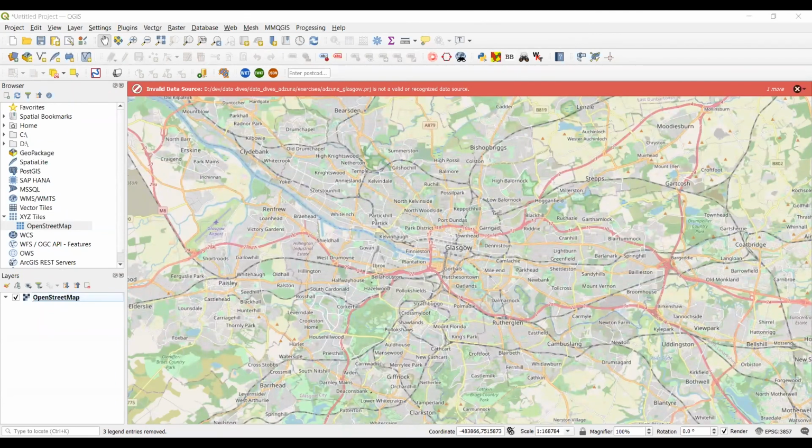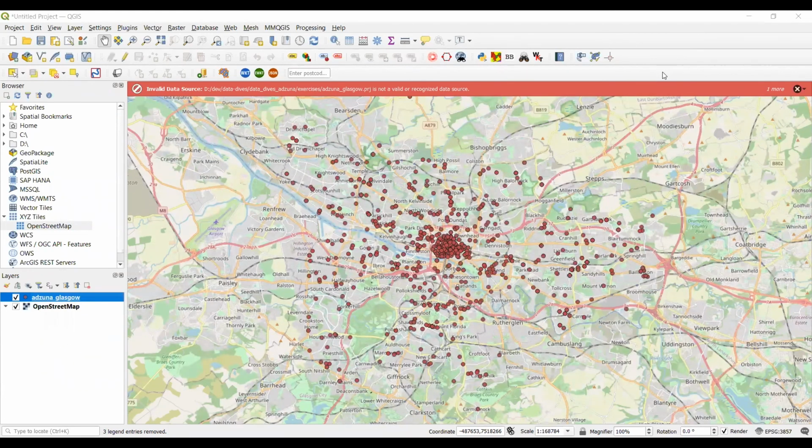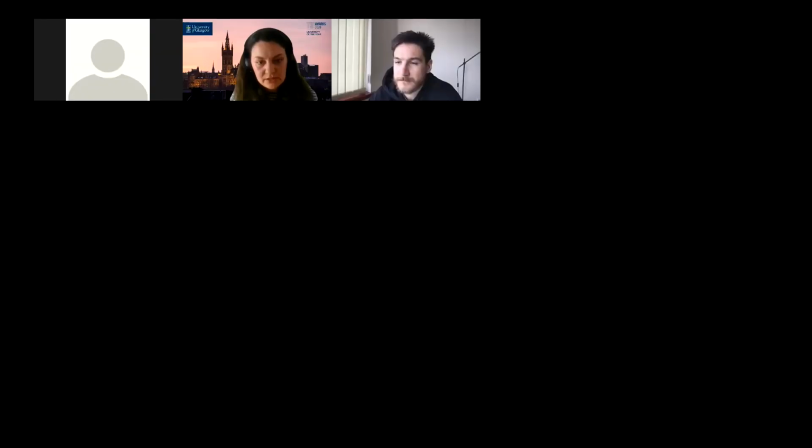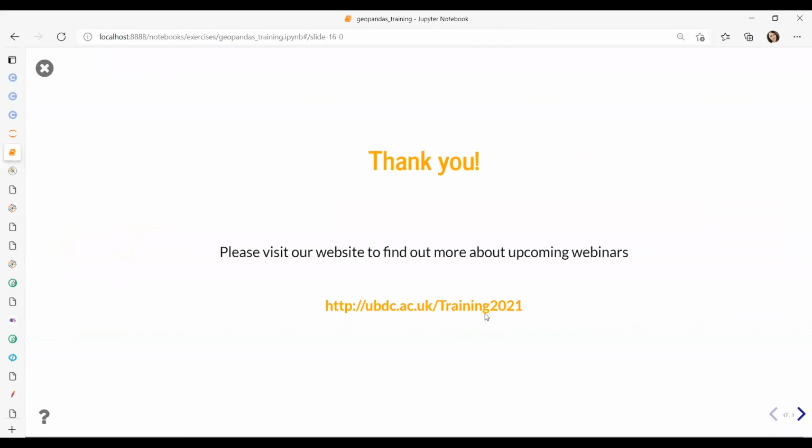And I'm going to open my exported GeoDataFrame by just drag and drop. So it's similar to what we've seen in our notebook. Right, I'm going to share my notebook again. And this is it.